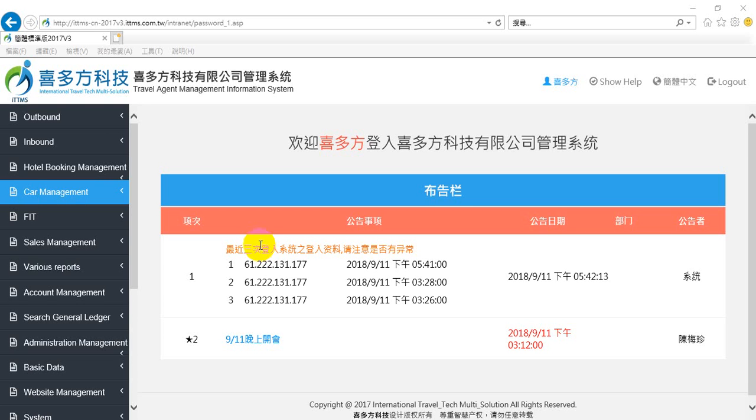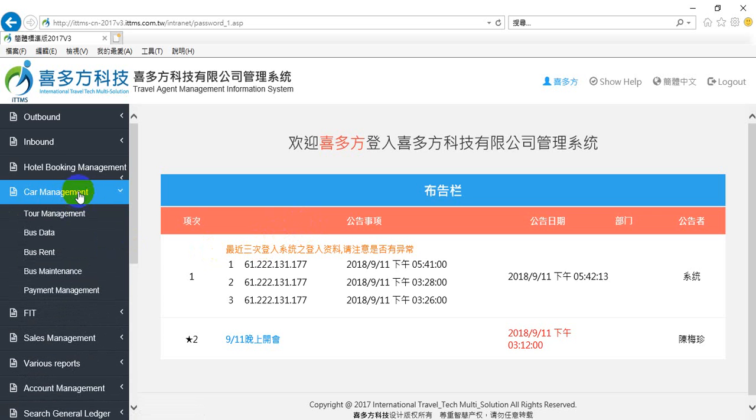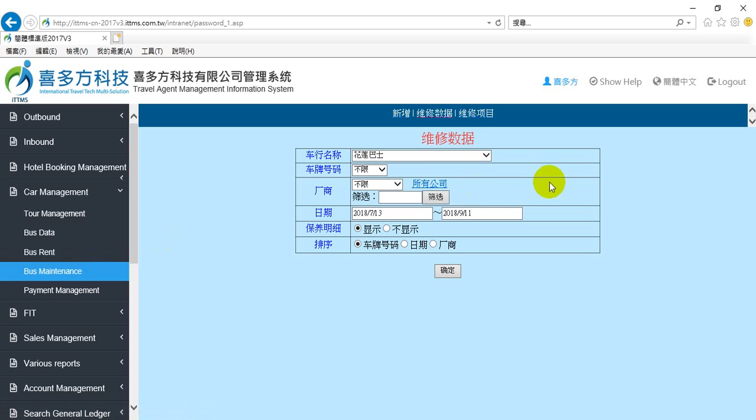Now we are going to introduce how to add a bus maintenance data. Please click Car Management and then click Bus Maintenance. Please click Add